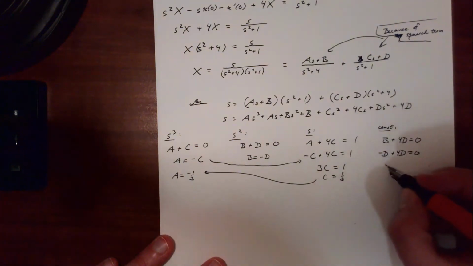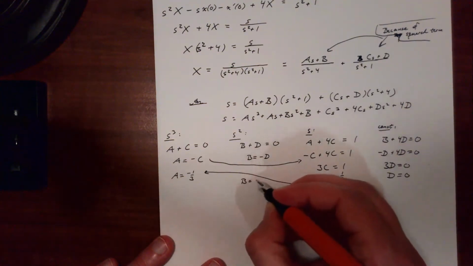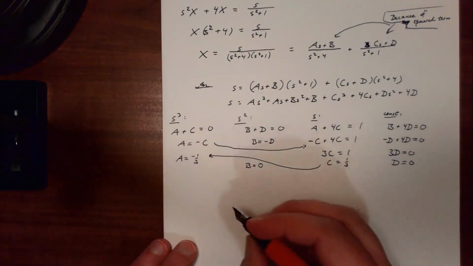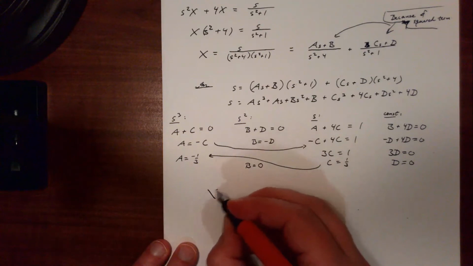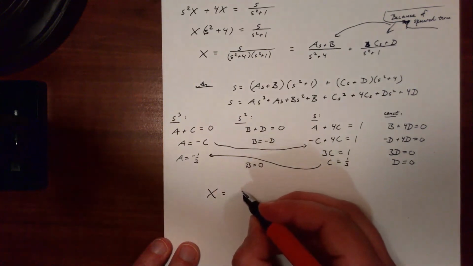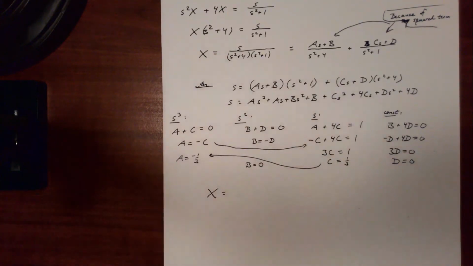And so then 3D equals 0, D equals 0, so B also equals 0. So then, what does that give us? That gives us that the capital X is equal to, let's see, so what was the A here? The A was equal